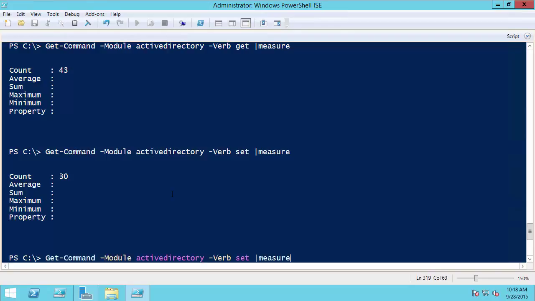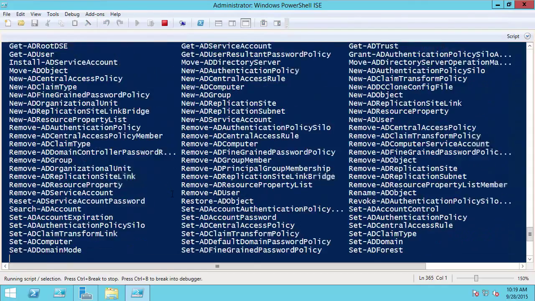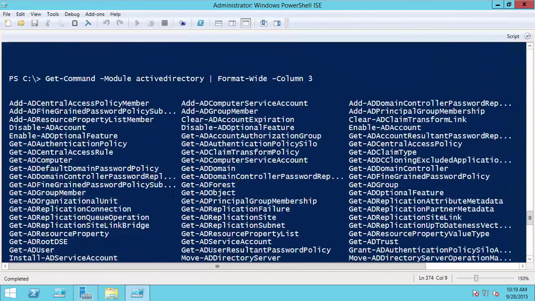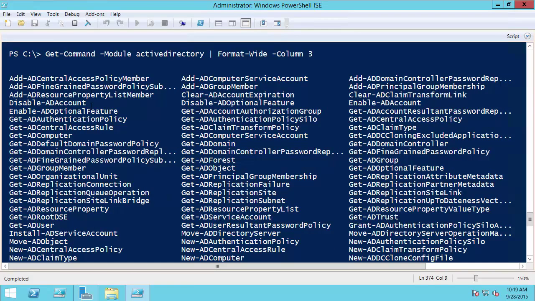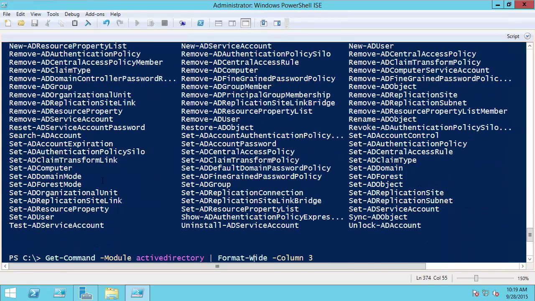Okay, so the get command, get module, they're going to be helpful to get you started, to get you to explore. So again, I go back to get command, Active Directory. There's a lot of stuff in there. I'm going to format this wide into 3 columns so that I can see them right next to each other pretty quickly. And I can see there's a whole string of things that I can work with here. Let's start at the top. I'm going to go back to,